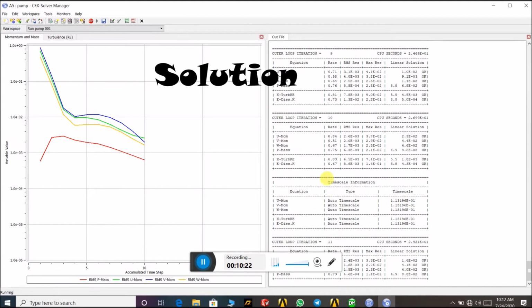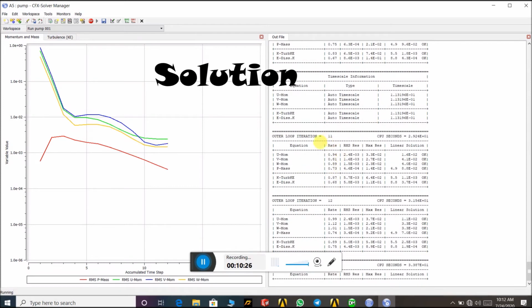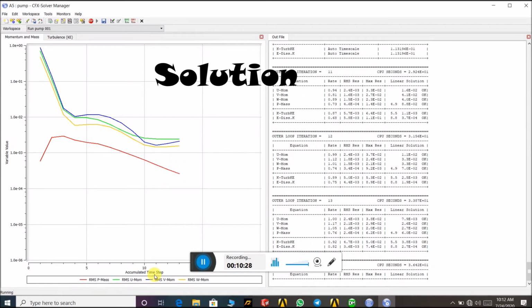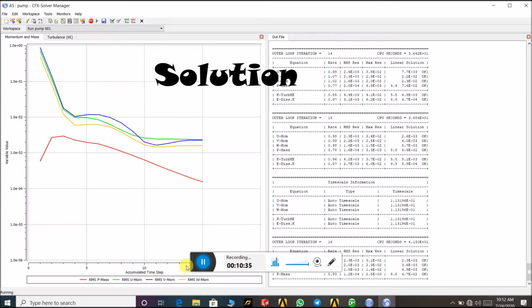Look at this, loop 10, loop 11. Okay, this is the method. It solves; here you can see 10, but it is going to 14. So 11, 12, 13, 14.